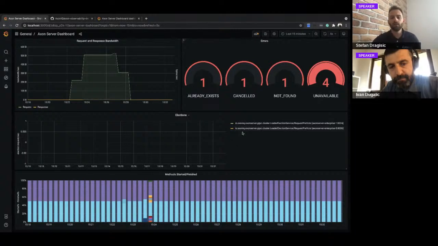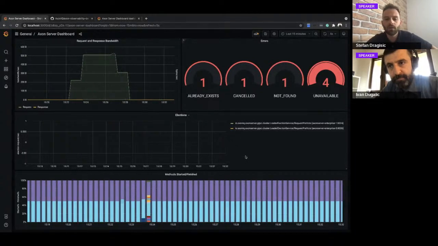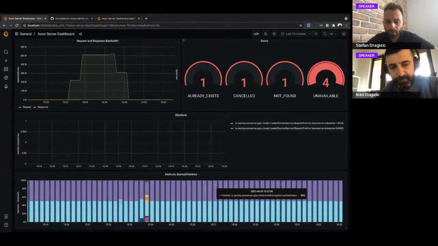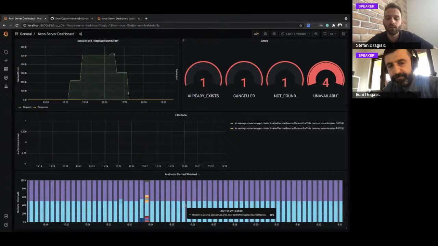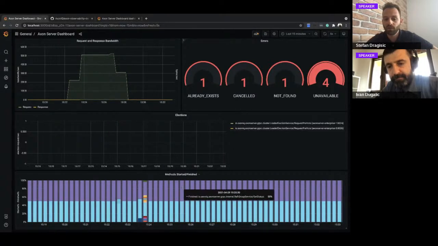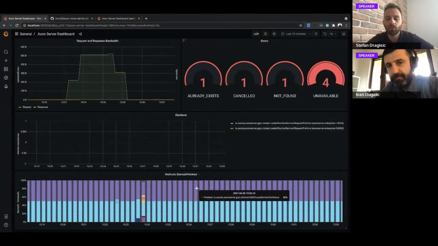Last, these are methods started and finished. This is just for diagnostics. So the bottom graph should be symmetrical to the one above. That means that all the methods that start finish in a short time. If the graph is not symmetrical, there is probably a big issue